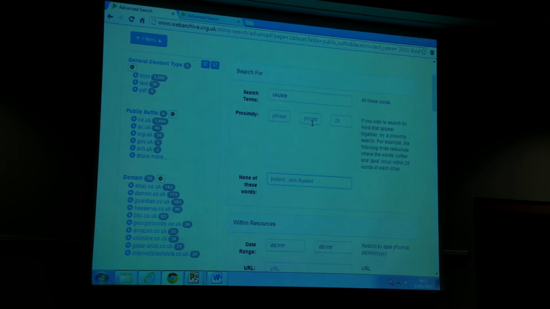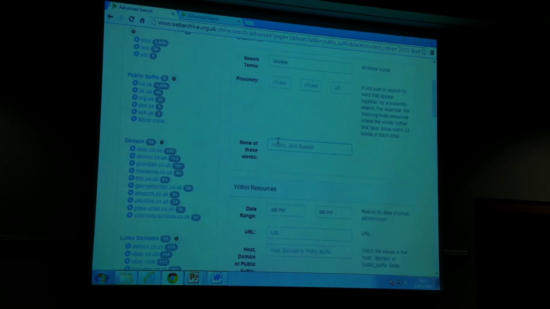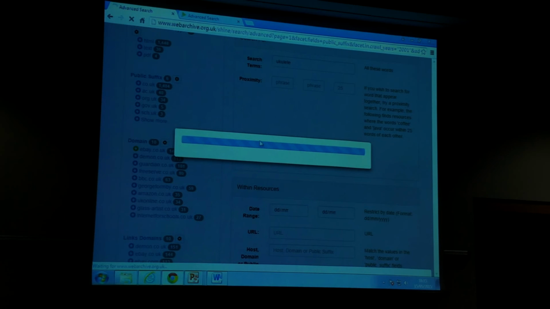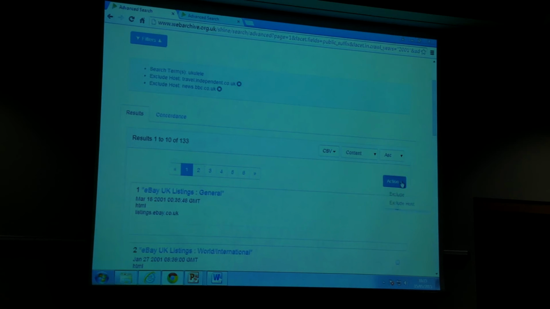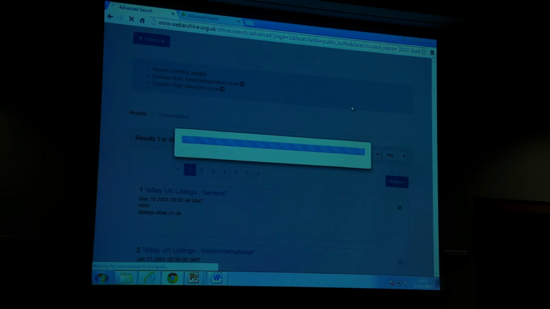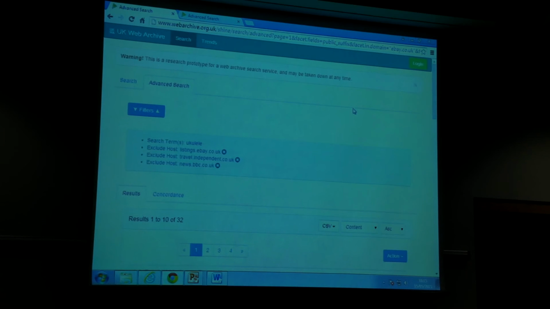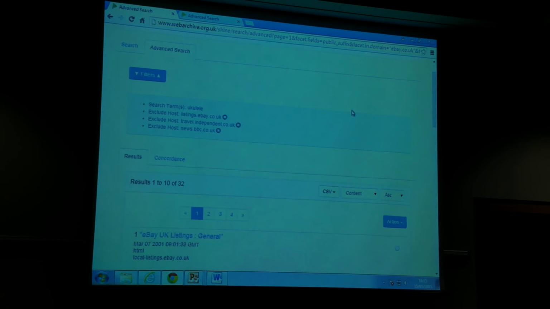Looks like eBay is still there. Yeah, eBay's on domains. Sure, so I can deal with that. So have we decided we need to exclude eBay? Yeah. Okay. So let me first apply the filter for eBay, and then I can exclude them all. Okay. So lots and lots of eBay. Let's say I'm going to exclude this host. There we go. Okay. So that's quite revealing. Excluding eBay has taken out the vast bulk of the result, which is quite interesting in its own right.